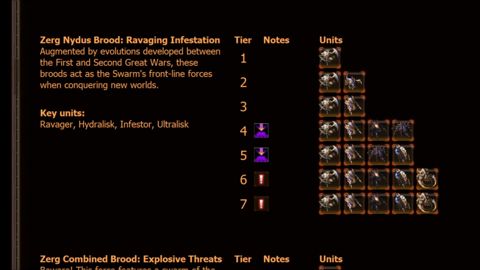Moving on, we have Zerg Nidus Brood, Ravaging Infestation. Augmented by evolutions developed between the First and Second Great Wars, these broods act as the swarm's frontline forces when conquering new worlds. Key units are Ravager, Hydralisk, Infestor, and Ultralisk. This is a pure ground force and is one of my favorites to fight against because so many commanders have